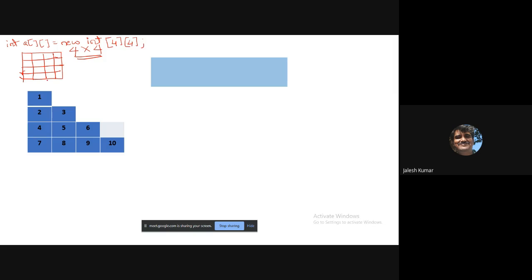But see, I just wanted to use only these particular cells, like this, what I mentioned here, 1 2 3, like that. So if you allocate like that, it is useless. See, unnecessarily I am using this array, and I'm not at all utilizing these particular spaces. It is waste, is it not? Because I want output like this.